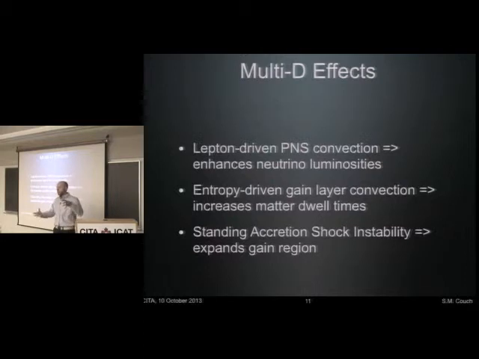And then there's a fundamental hydrodynamic instability of a standing accretion shock called the standing accretion shock instability, which can also aid explosion. And you don't need neutrinos. This is something that can be demonstrated with water in an experiment, and has been by Thierry Foglizzo. So this is just a hydrodynamic instability which causes the shock to wobble. And it prefers an L equals 1 mode, meaning that that's the fastest growing mode of this instability. And so it will wobble up and down that axis. And this can secularly increase the amount of mass in the gain region as it grows to nonlinear amplitudes. And that helps in getting an explosion.